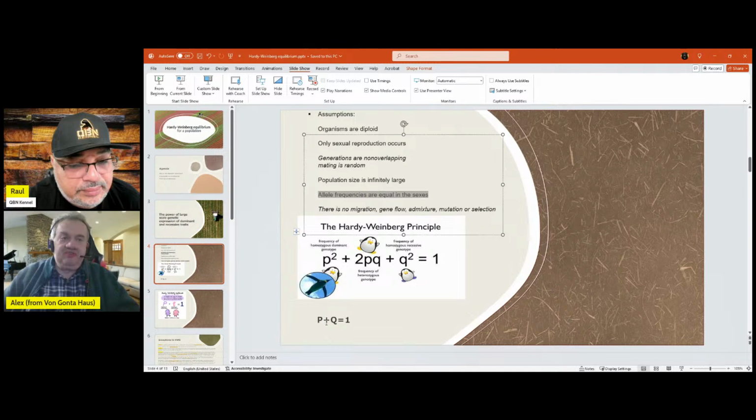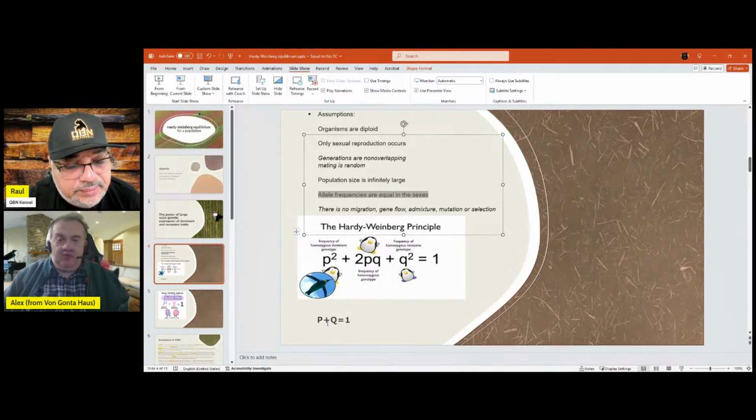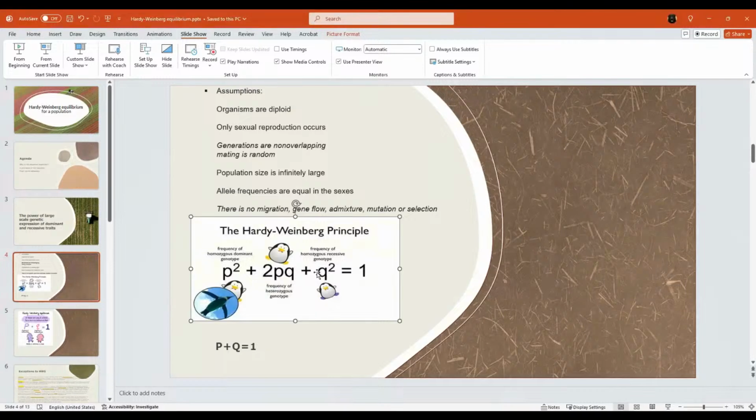The first is P plus Q equals 1. So if P is 0.7, you already know Q is 0.3 because the sum of one and the other has to equal 1. Or 1 minus Q equals P. In other words, if one is 0.4, the other is 0.6. You follow? So this is the first rule. Kind of obvious, but it has to be stated. The P represents the number of homozygous dominant genes. Q represents the number of recessive genes.